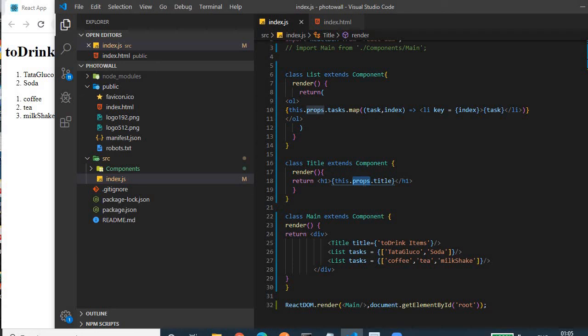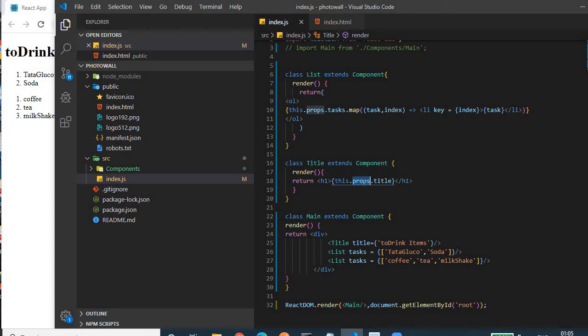Second, we improved our code by using the JSX way of creating an element. Then the third step is we have seen how we can create a component so that everything will be reusable. Fourth, we have seen how we can pass data to the component with the help of props.